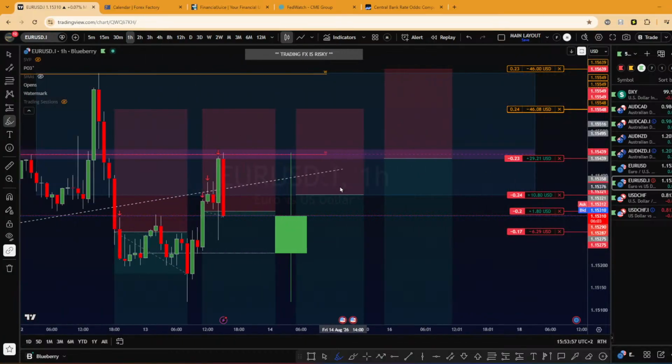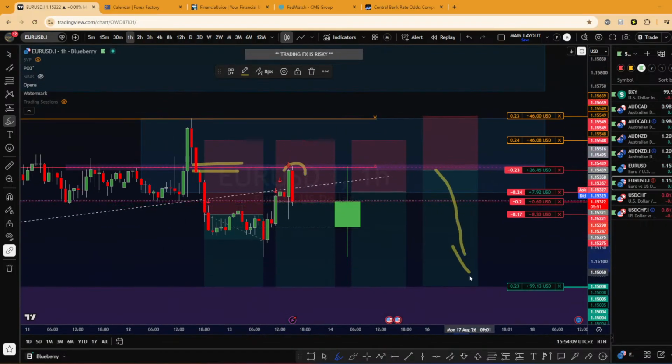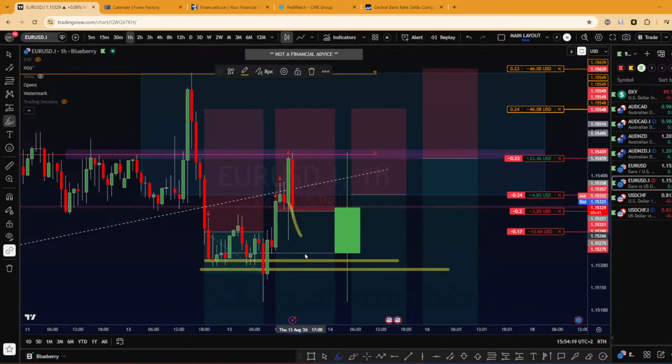I didn't expect price to reach this imbalance, this zone, so I put some sell limit here, but it seems like we got triggered on this one also. So yeah, I have a better risk reward on this one. So let's see. We really need to break it